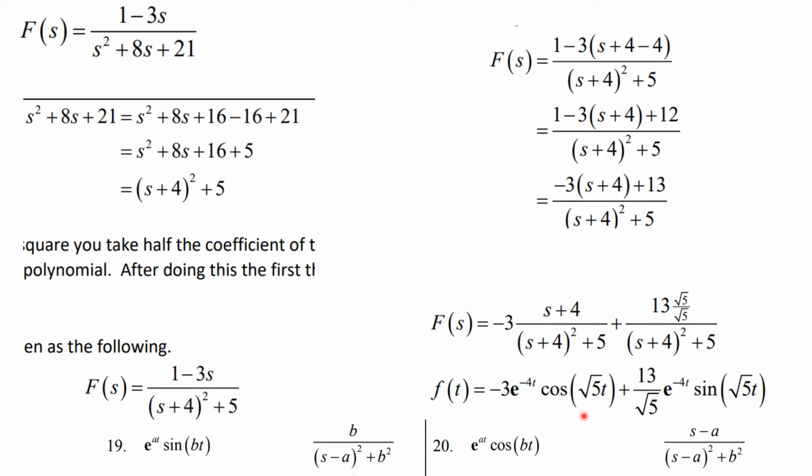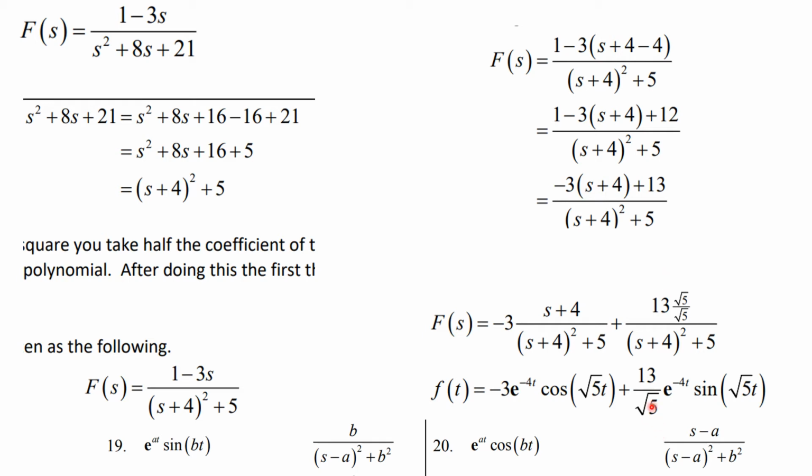So that's what we have there. Over here, what I need is the square root of 5 up there to match up with the denominator. So I'll put the square root of 5 there, but I'll divide by the square root of 5. Again, I'm multiplying by 1 in a clever way. So I have the square root of 5, and I will pull my 13 over the square root of 5